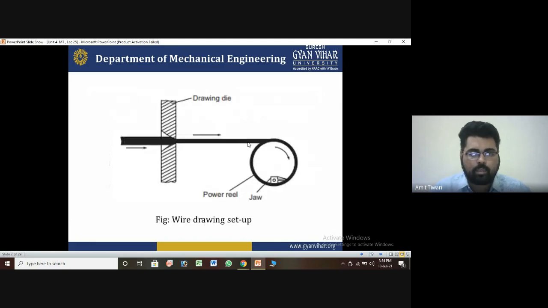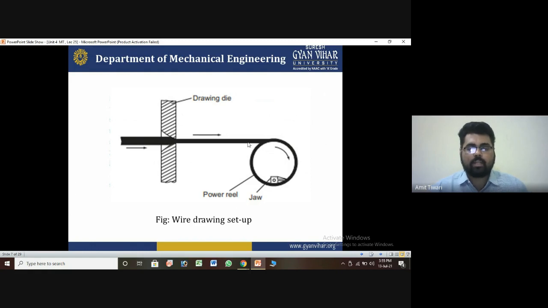Okay, now just as an example, you can see here a wire drawing setup. How does it work? You can see here some drawing dies are placed, for decreasing and reducing the diameter, and a power block and a jaw are provided. What we do is continuously pass the product through the drawing die, and it converts into a reduced diameter and is completely rounded onto the ring on the power block. The jaw continuously moves, and this ring continuously rotates and makes a bunch of that particular product on the reel.